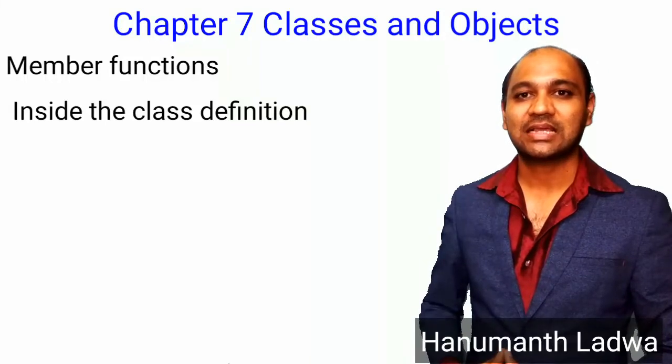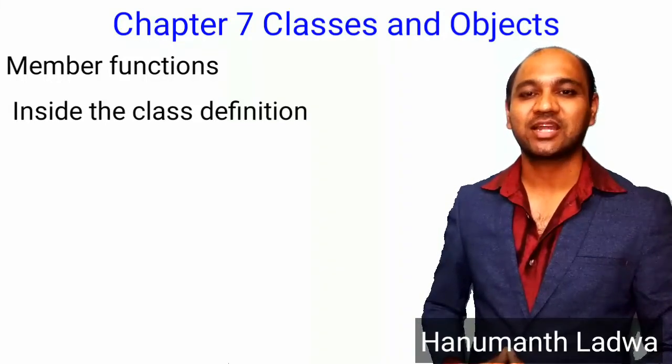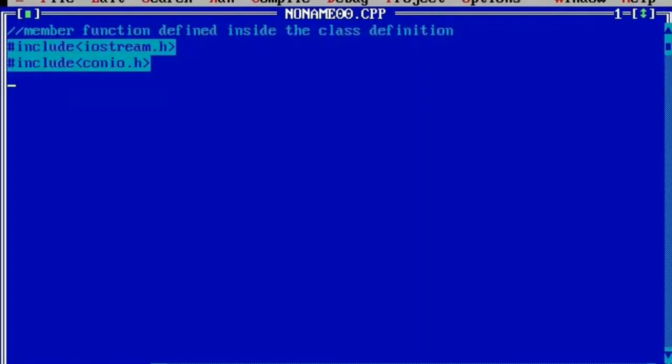Now let us take an example to show how exactly we can define a member function inside the class definition. For that, I'm going to take you to my laptop screen. Here you can see I've already written a single line comment, member function defined inside the class definition, and I've written the preprocessor directives #include iostream.h and #include conio.h. Now we'll start typing the class